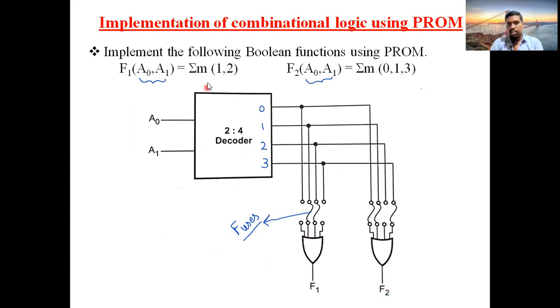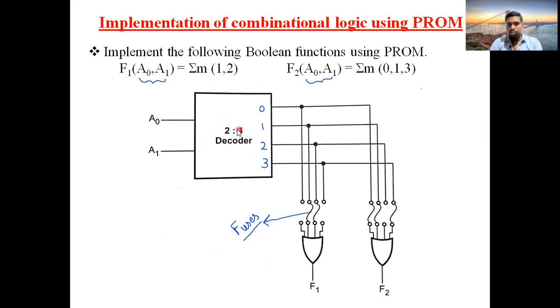That's it. Okay, the first step is finding which decoder is appropriate. How will you find? Observe the expressions, see how many inputs are involved here, take that value as n, and substitute that n into the decoder representation, then you will get this value. In this problem we have 2 inputs involved, so substitute n equal to 2 in the decoder representation, then you will get 2:4 as the answer.